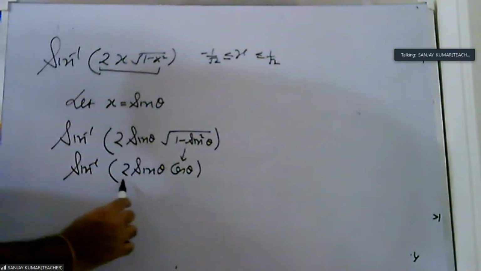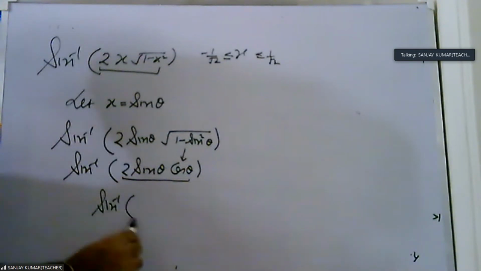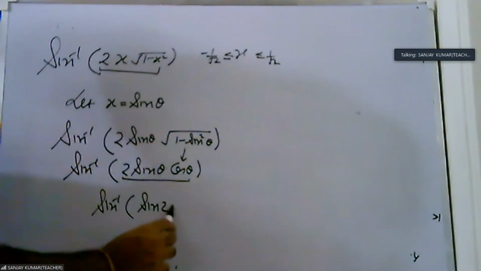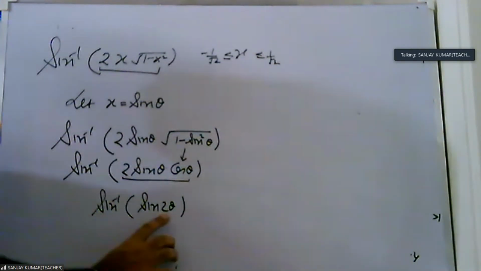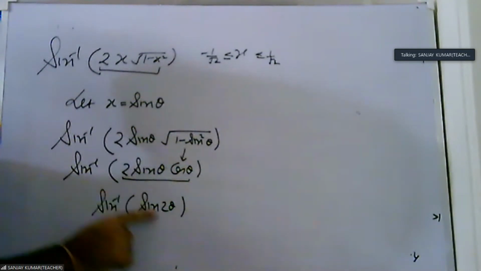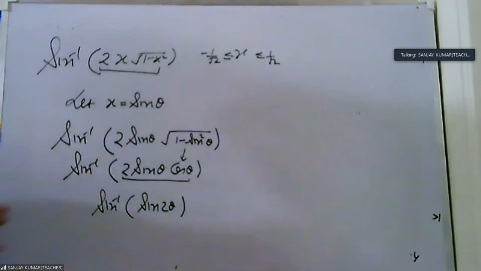Now if you see, it is again sin 2 theta. That is sine inverse of sine 2 theta. But now how do we decide that this theta lies between minus pi by 2 and pi by 2, so that sine cancels with sine? For that you have a condition that this 2 theta lies between minus pi by 2 to pi by 2. Generally, the board, CBSE board or NCERT, they do not create this problem.